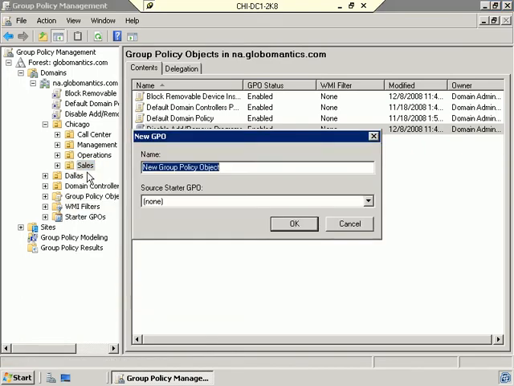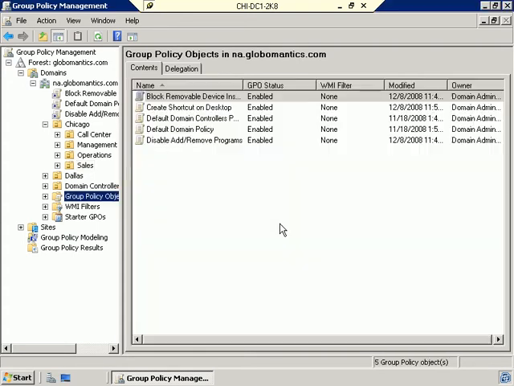And if you look back at the goals, you will see here that there's a shortcut that needs to be created for all of the sales users. So what I'm going to do is go on the sales container here and create a GPO called create shortcut on desktop and click OK. So now we have created 3 GPOs, and you'll see here that they all exist here in this group policy